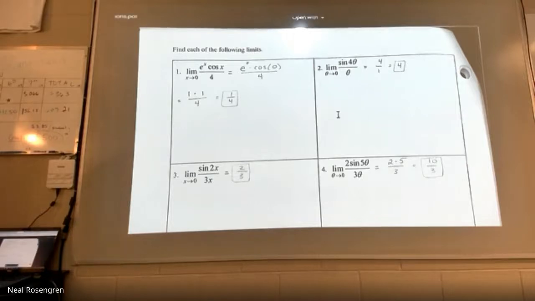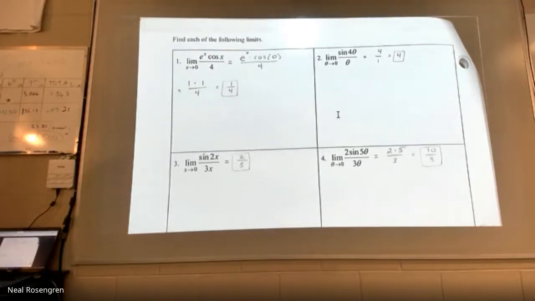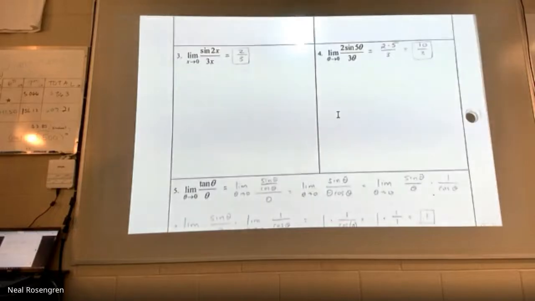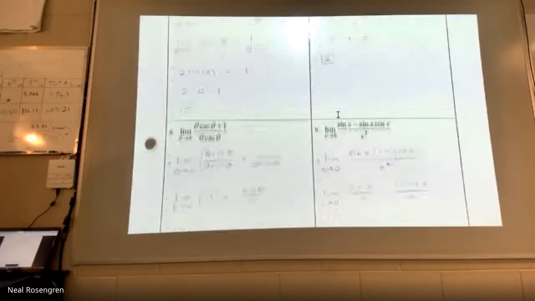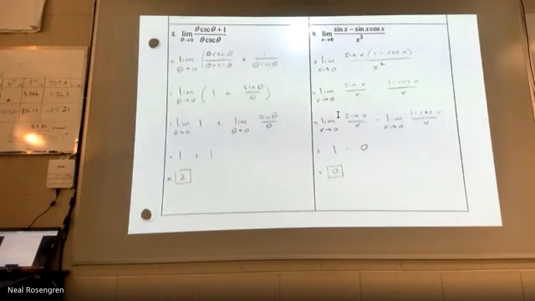I want to scroll if you have, yeah, go ahead. What's up, Colin? On 8, would you want to cancel the secant? So you can't cross out the cosecants or the thetas yet because they aren't being multiplied everywhere. I can't factor it out and then divide. You can't cancel things that aren't connected by multiplication. The +1